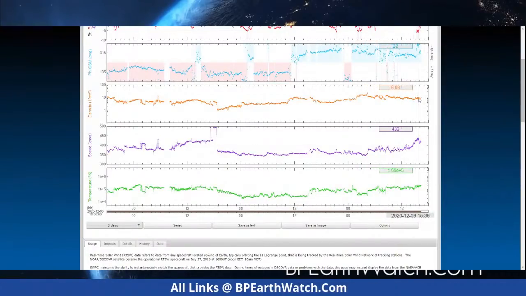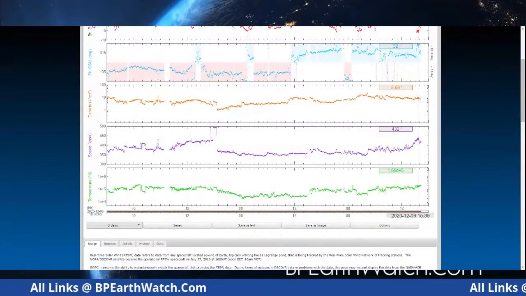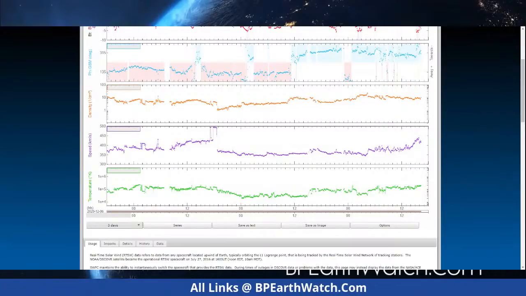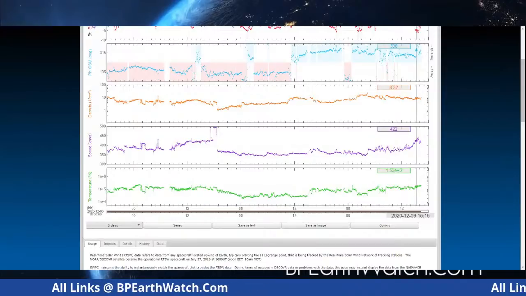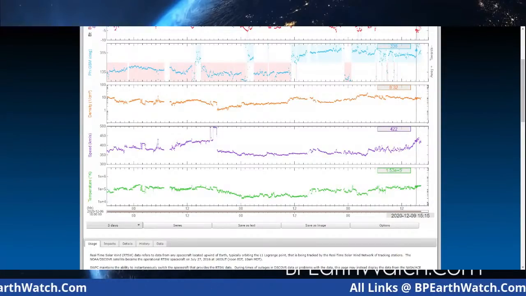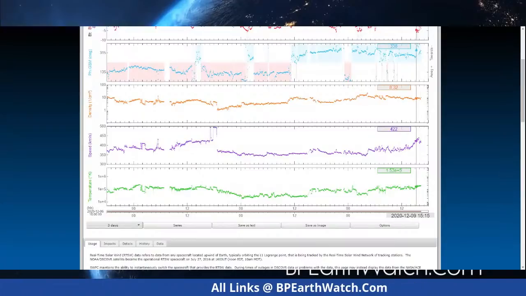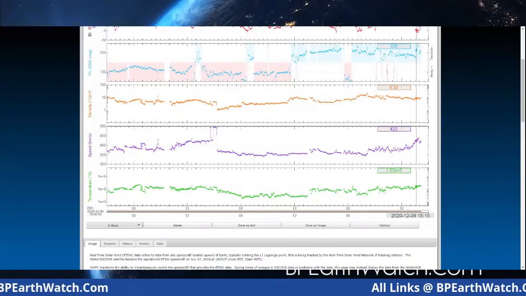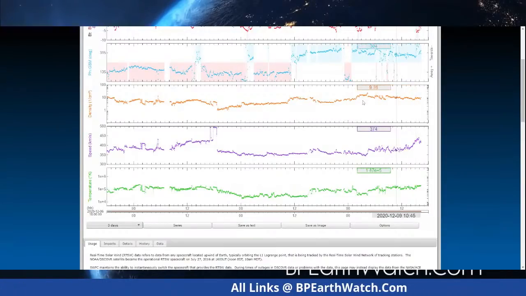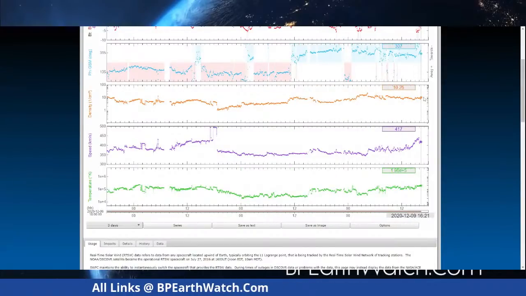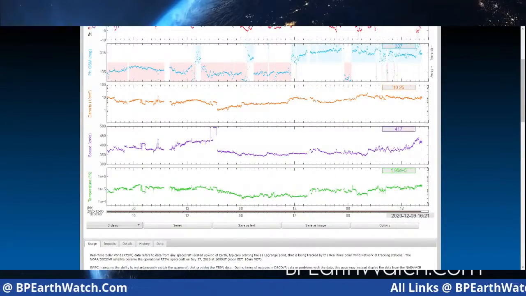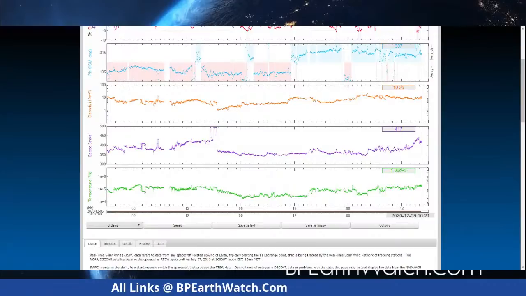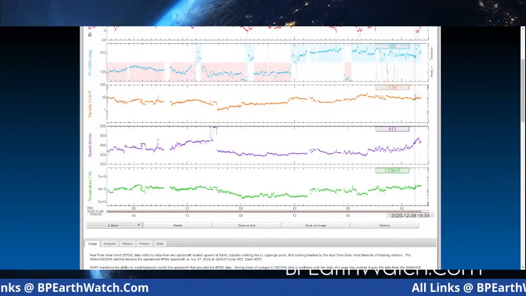In other words, a lot of times you'll see as the solar wind increases the proton density, this is just in an average solar wind, it will go down because it's like smoke coming off a fire. If the wind picks up, the smoke is blown away quicker. You have less smoke particles in the air per cubic centimeter because it's not lingering. So that will go down. But remember, this is supposed to go from what we're looking at again, 10.25 in density and proton density up to 50. So it's kind of a unique situation we haven't seen in a few years. We don't know what's going to happen.